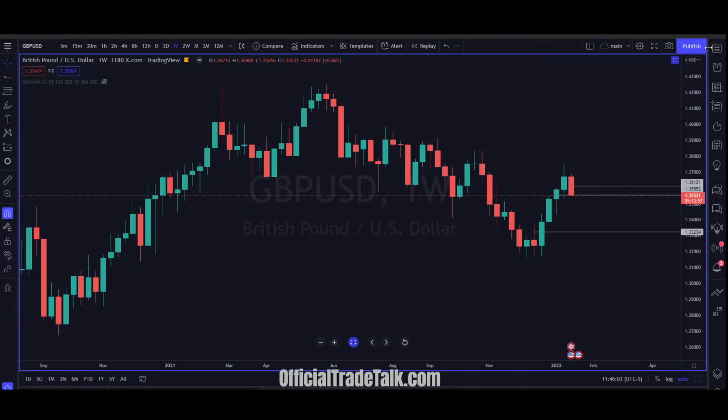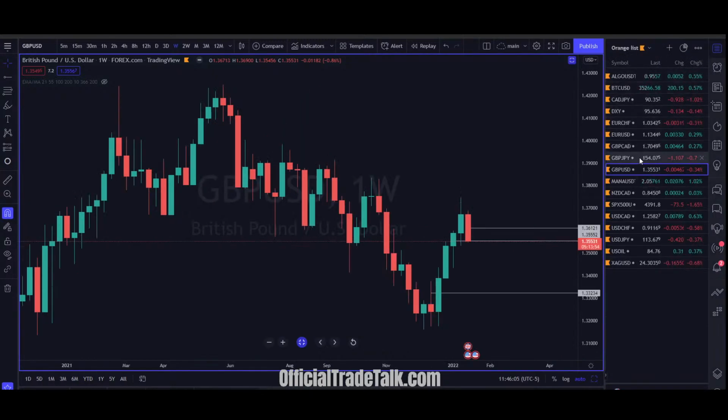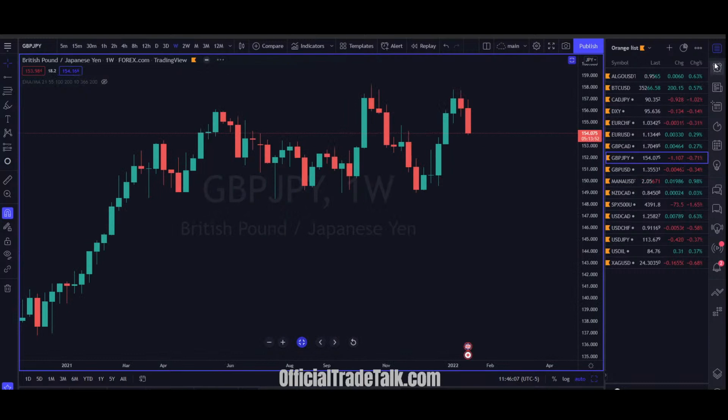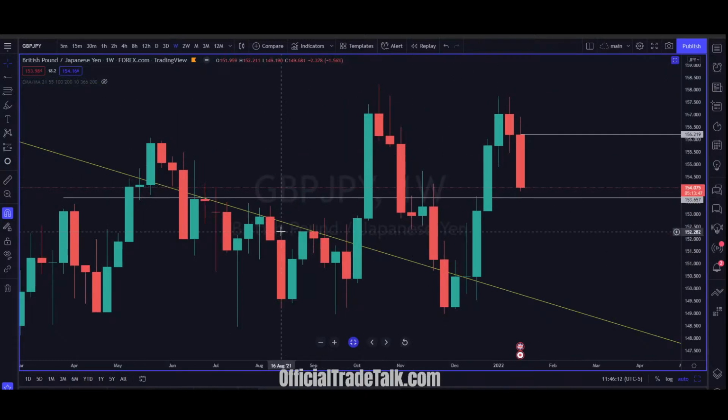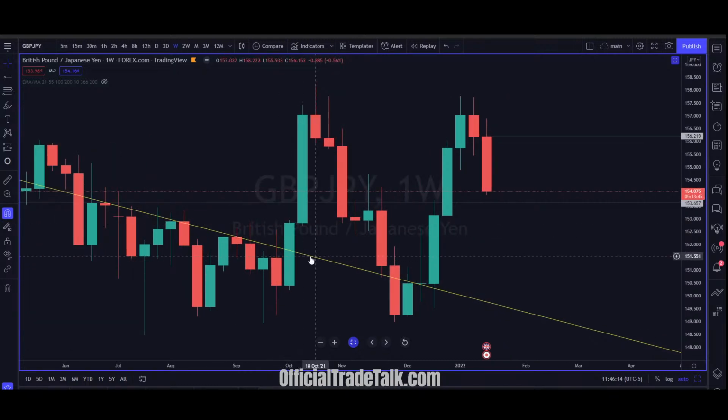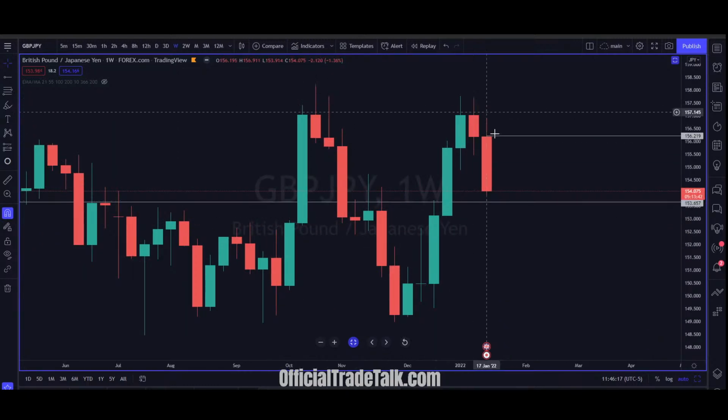Let's go look at pound yen, because that could be relevant. Now, our bias last week on the pound yen was bullish, because retail sentiment was short, so we were looking for a push up. We were looking to get long and then trade it up to the highs to take out the retail shorts. But instead, the real market direction kicked in full swing and had me offsides.